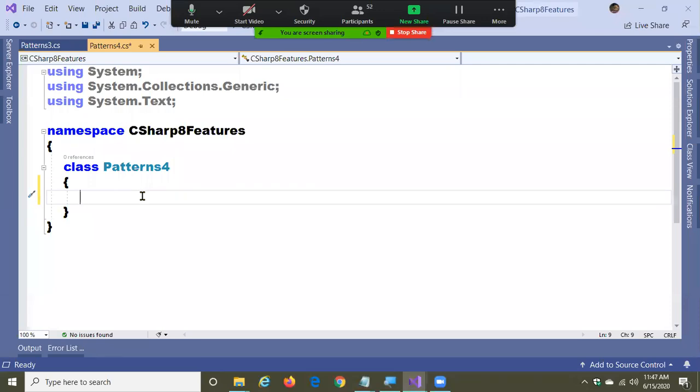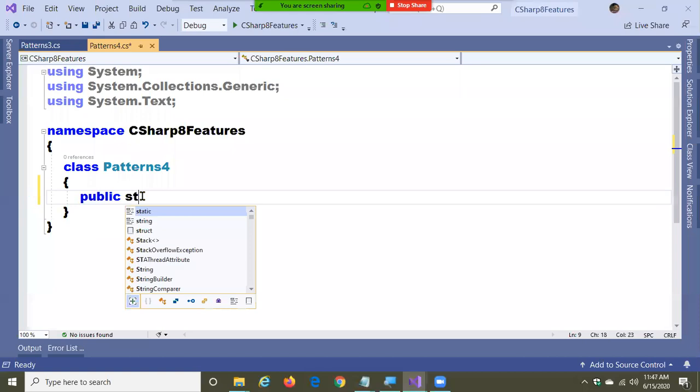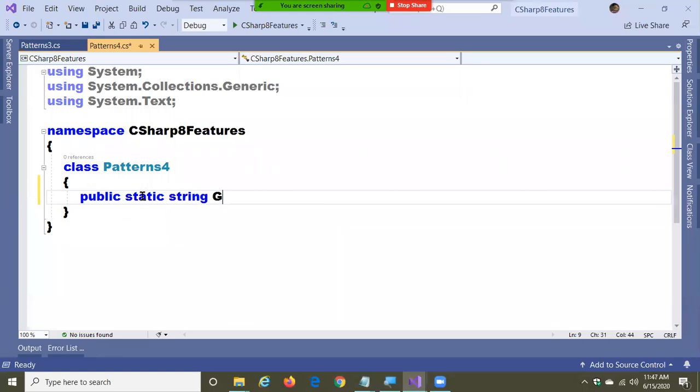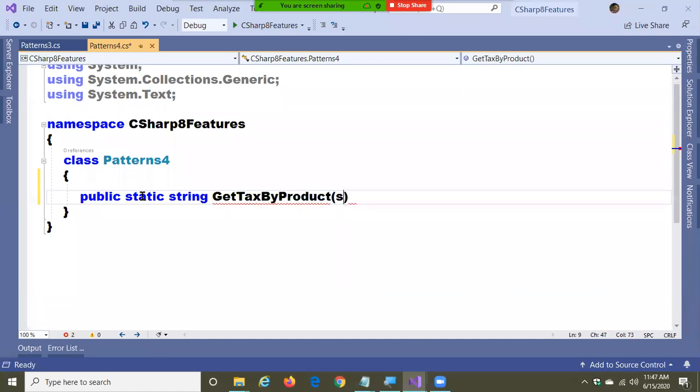So I wanted to write a method: public static string GetTaxByProduct. Two things I'm passing: string product and string state.